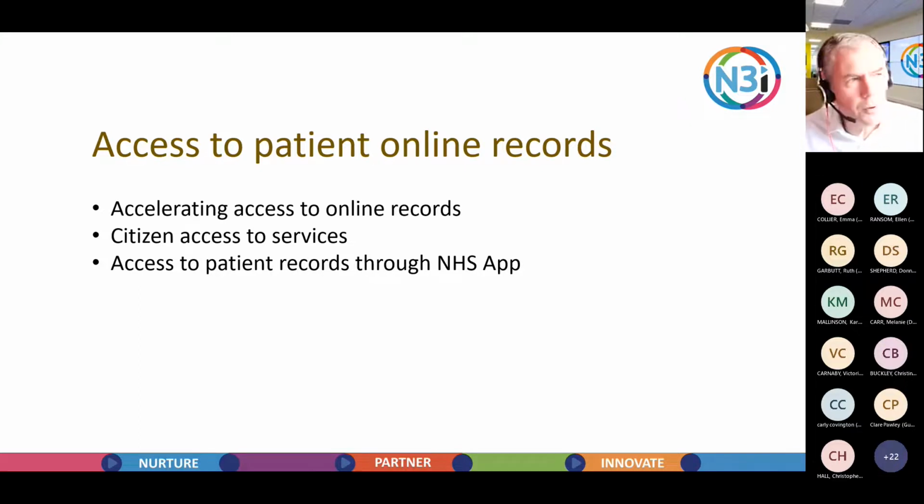I think the numbers of people who downloaded and who had access to the NHS app went up hugely during COVID when it became the place where your COVID pass was being held. And so the NHS are building on that, I think, and making more and more services available, including, and this is going to go off on a totally different tangent, but I'll not go too far down that route, the ability for patients to enter data into a record through the NHS app.